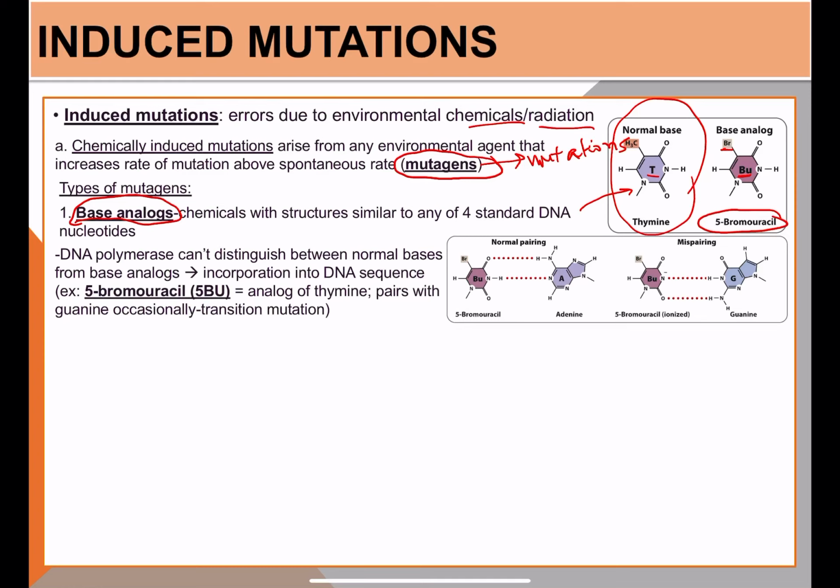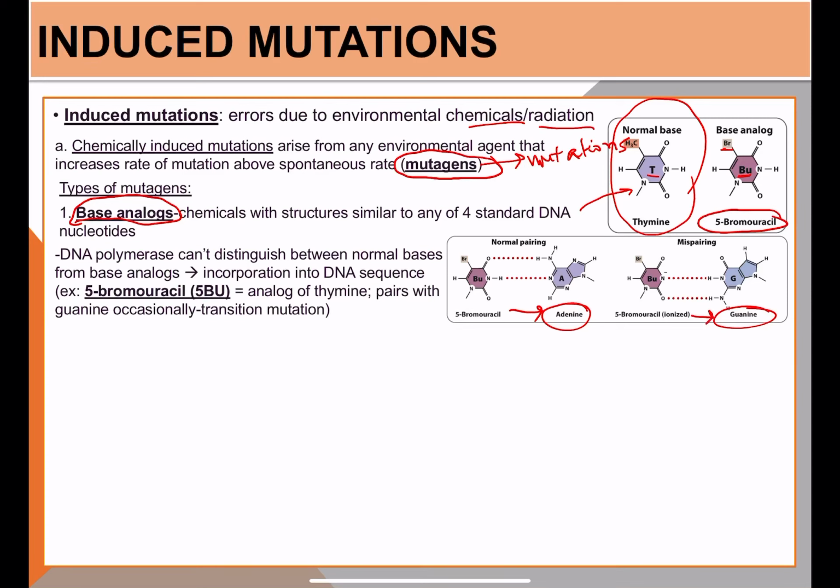And what happens is that DNA polymerase actually can't distinguish between normal bases and base analogs. So during DNA replication, it sees a 5-bromouracil, it's going to think it's a thymine. So then it's going to incorporate the 5-bromouracil as a thymine, which then pairs with adenine. Okay? Or sometimes a mispairing can also happen where it pairs with a guanine. Of course, if it binds with an adenine, then we're safe because that's what thymine is supposed to pair with. But because 5-bromouracil also occasionally